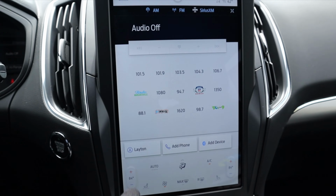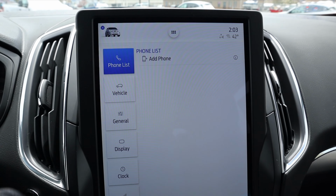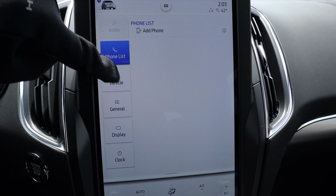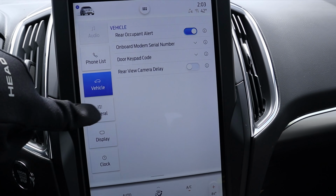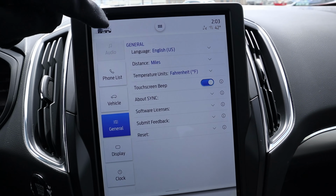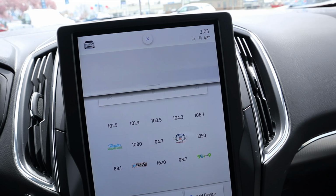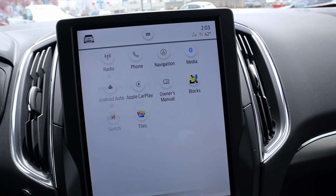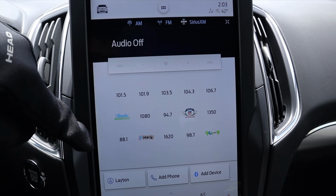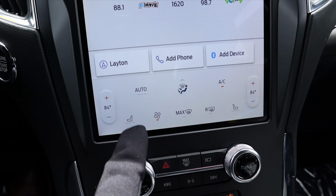Now, as for the rest of the screen, first off, I'm gonna press the little edge icon there at the top, and then notice you've got all these little pull down tabs here that you can go to. So for example, we can go to vehicle if we want, or we can go to general if we want. So you guys kind of get the point. Press that again, and then notice it'll pull it back. So we've got this tab now to press. Notice it has Apple CarPlay and Android Auto, and then when you're done, press that, and then we've got like the radio stuff here. And at the very bottom, we've got the climate controls, and then this is for the